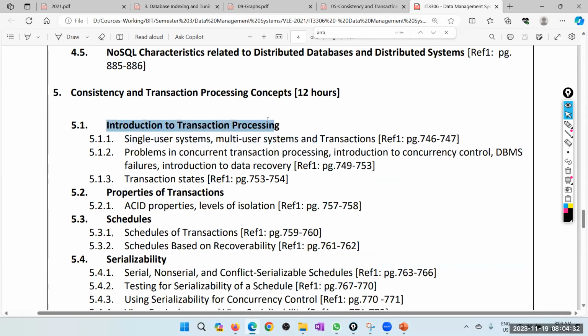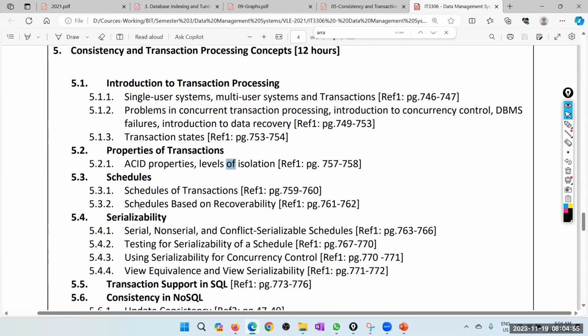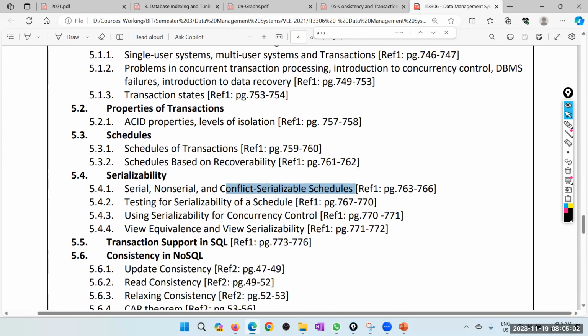introduction to transaction processing, single user systems, multi-user systems, and transactions. Problems in concurrent transaction processing, introduction to concurrency controls in database management system failures, and introduction to data recovery. And then transaction states, ACID properties of transactions and levels of isolation. Then the schedules: serial schedule, non-serial schedule, conflict serializable schedules, testing for serializability of a schedule, using serializability for concurrency